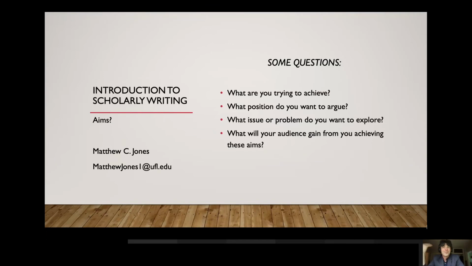Again, I'm sort of culturally out of the loop, right? But Wales lost to Denmark 4-0. That's not a scholarly point. That's not a debate. Who's going to argue against that? What would you do with 8 pages just repeating the fact that they lost? The issue is why, and preventing something like that in the future. So what is the issue? How do you problematize what it is that you want to talk about?